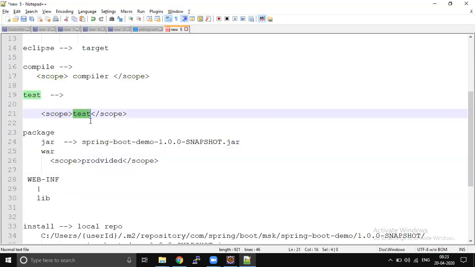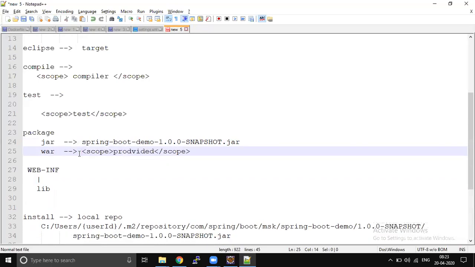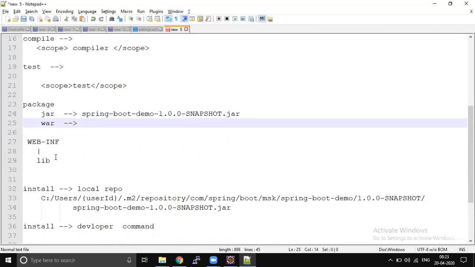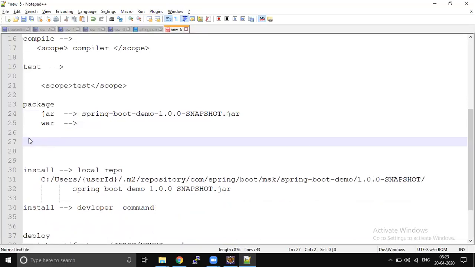Using scope provided is somewhat legacy actually. Scope test is a common thing, but scope provided is a very legacy way of doing it, because now there are no wars; with microservices, everything is a jar. But where a few applications package their applications into war, there they will use scope provided. With microservices, there is no use for it. And if you're not giving anything, what will be the default? If we have not given the scope, it will get packaged.